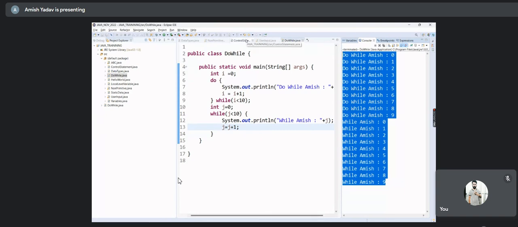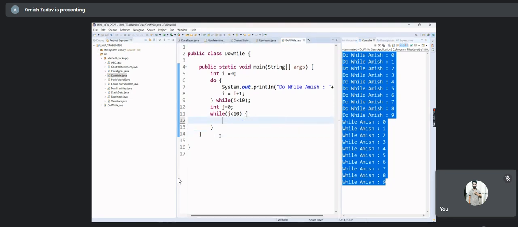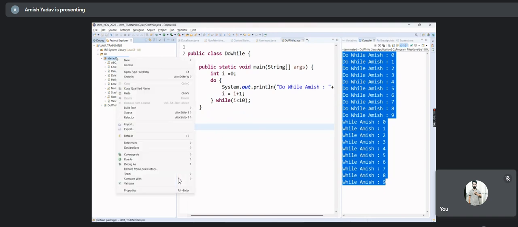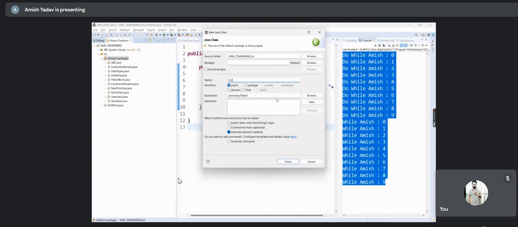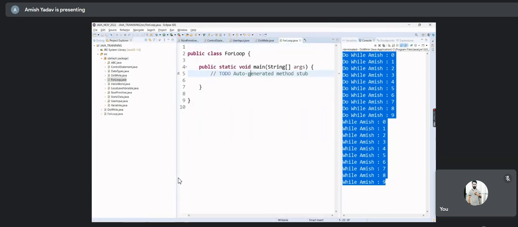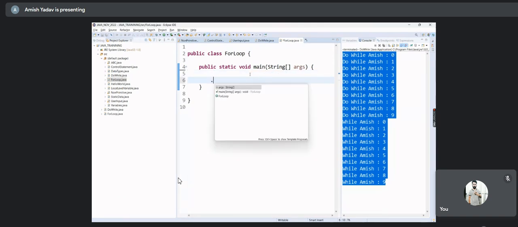Now we have one more loop, that is the for loop. This one is for do while, so I'm removing that while one. I'm creating one more class, for loop. So what is this for loop? In this for loop, it is the combination of